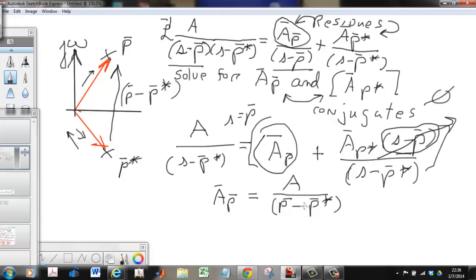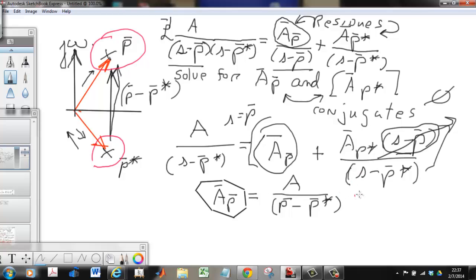Now this is the important thing to see. If you want the residue for pole P, all you have to do is draw a line from the other pole. If you want to have the residue for a particular pole, say P, then you draw a phasor from the other pole. So we see that this is going to be equal to constant A,